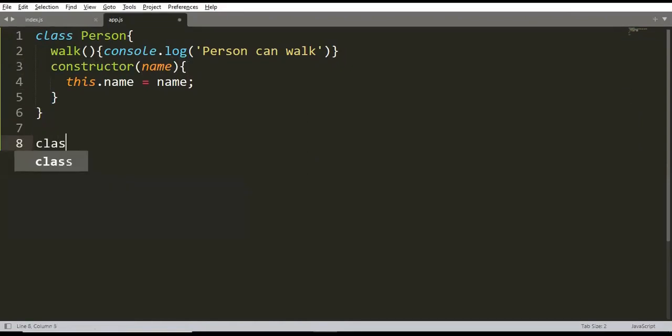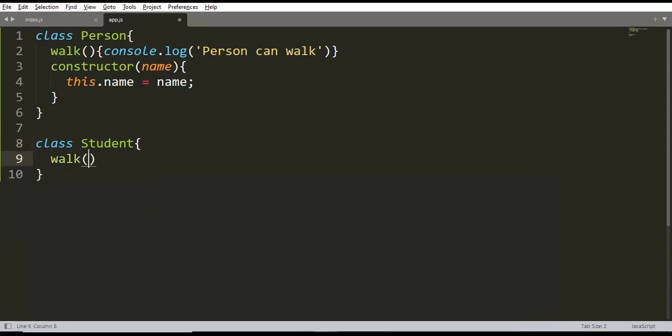Now let's say I want to create another class like Student. So class Student. Now just like Person, students can also walk because they are persons.